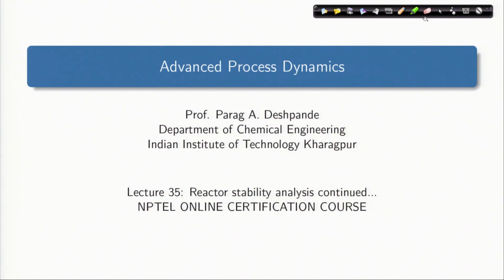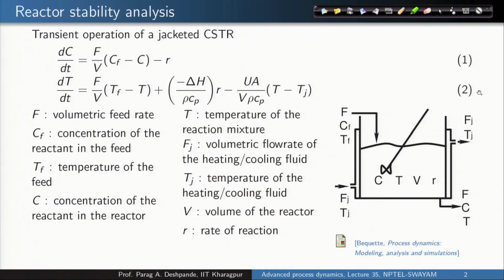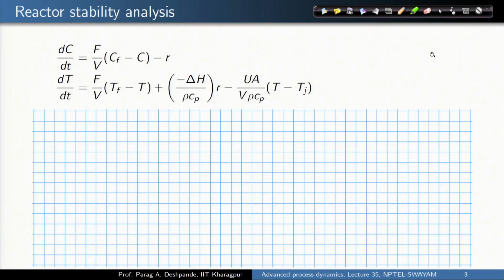Okay, so let us continue our discussion on reactor stability analysis. We discussed the steady state solution for concentration profile, and then we got a complex expression for steady state profile for temperature. So, the equations were like this, and when we solved for steady state temperature, what we got was an expression of this form,